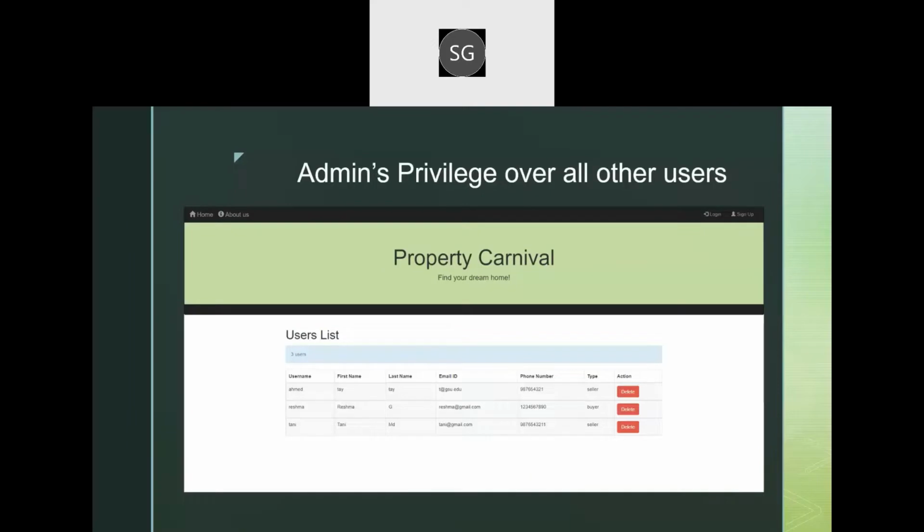So we can see in the next page. So here you can see that the admin can see the existing user list, and the admin can delete any of the users if they need. So this feature is basically implemented to prevent scams or any type of unethical use of the system.